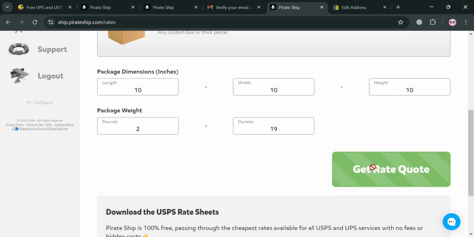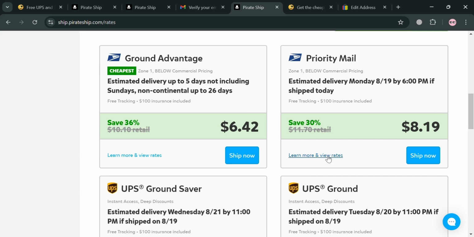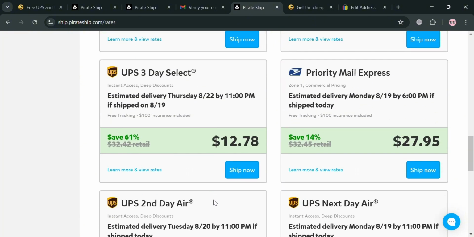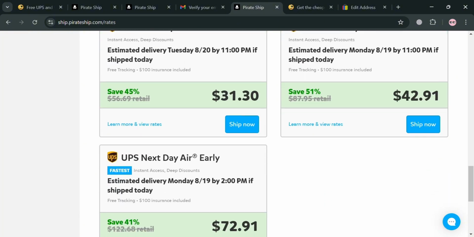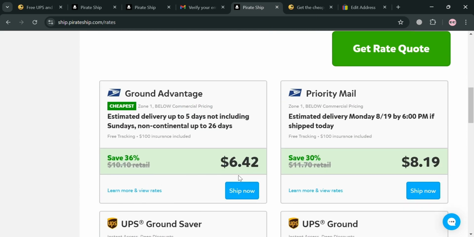And by clicking the Get Rates button, we'll automatically be directed in here, in which you will be able to see here some of the options. We have here Ground Advantage, UPS Ground Saver, and many more. But you can choose here the cheaper one if you want to save money, in which from here you can be discounted. So if you're a seller on eBay, you'll be able to choose a specific kind of USPS or UPS postage rates with this kind of amount, which is way cheaper than